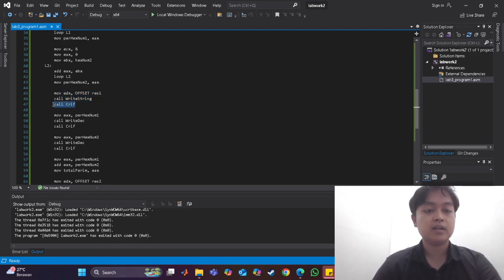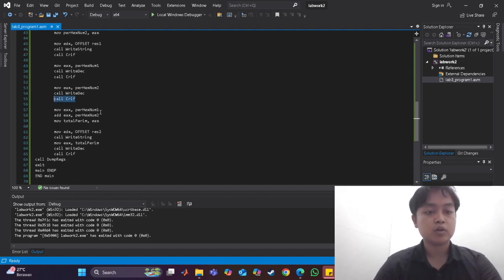This is for the end line, and then we output the value of perimeter hexagon 1 into the EAX, and then we write the number into the screen and call CRLF again to match the output in the question, and then we output the value of perimeter hexagon 2, and then we write into the screen, and then we end the line in here.